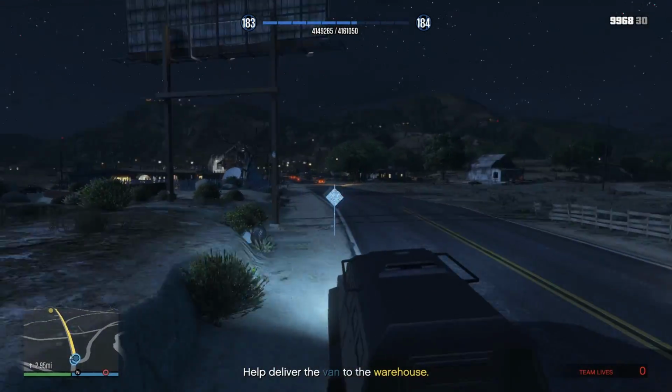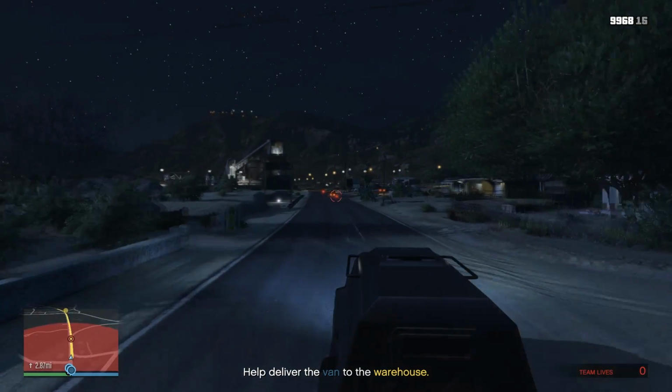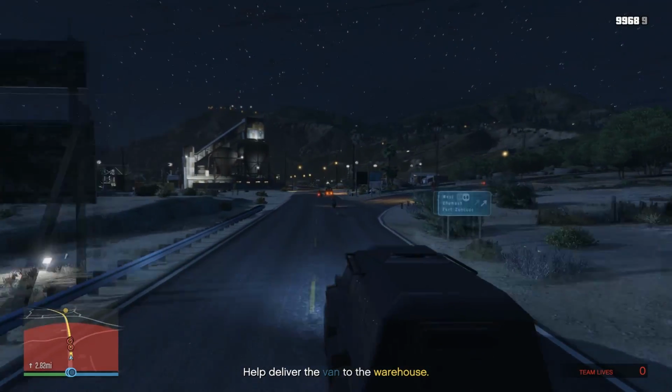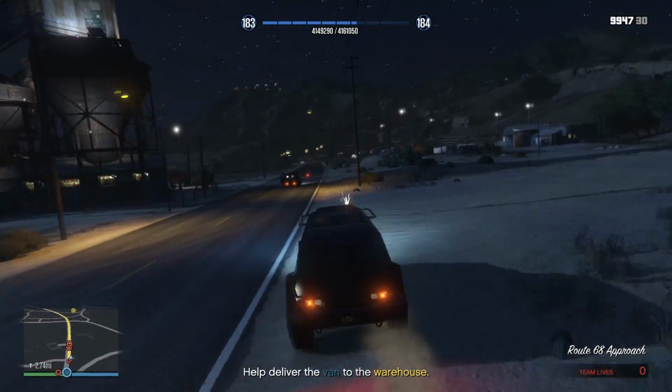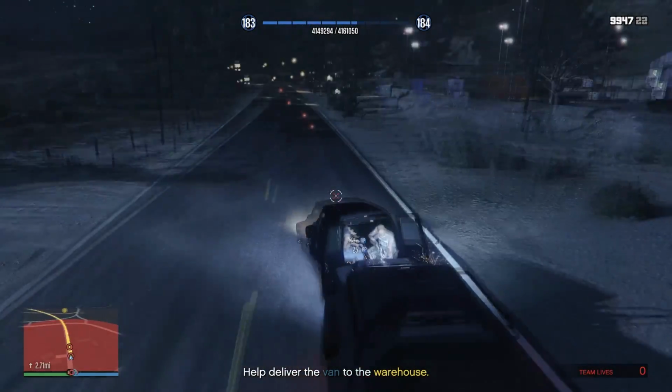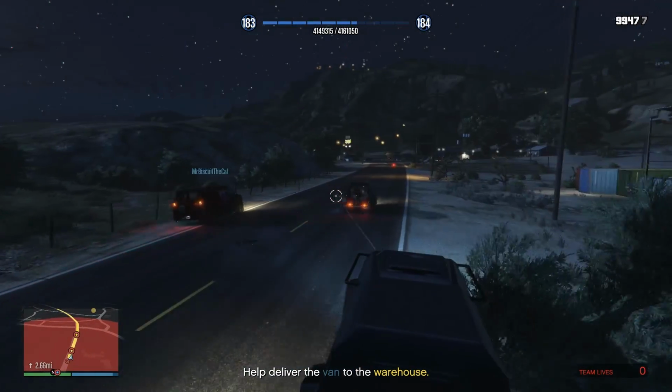Try and stick together, because usually when one person gets left behind, they get grouped up on by the AI and they get taken out quite easily. So stay together, keep the armor menu open, and you should be alright with this. And try not to crash too much. Just follow the route they give you to get back to the warehouse, and that's pretty much everything to do